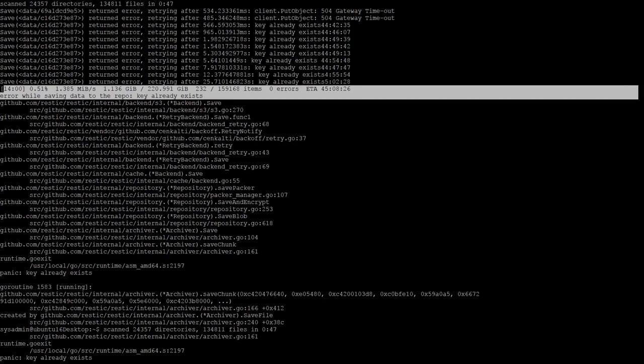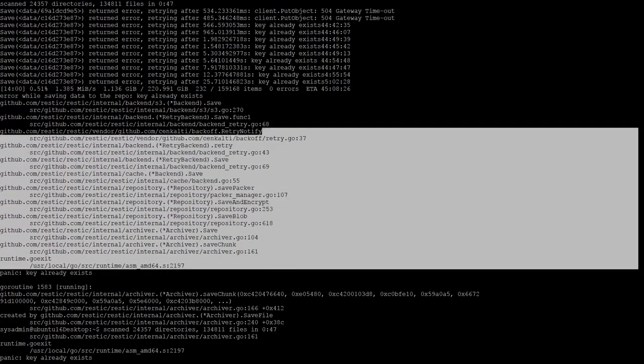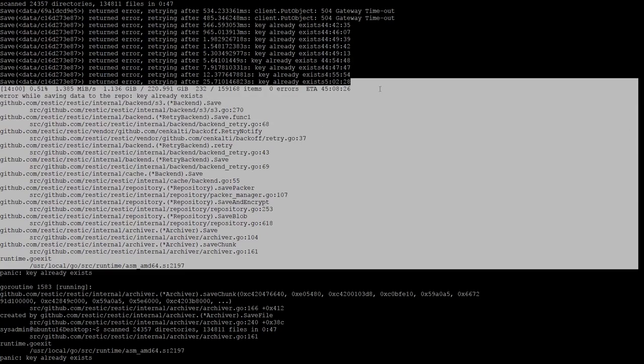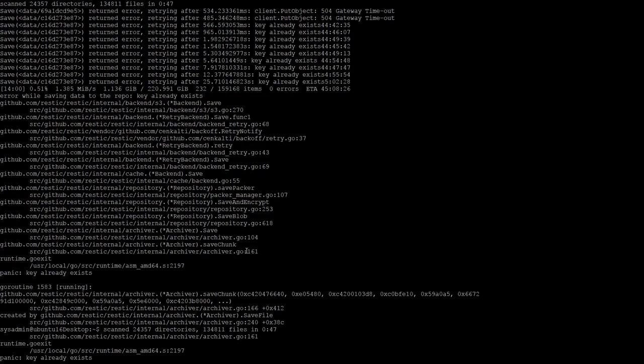So I actually posted on the Restic forum that this was happening, and the developer said that someone else has been experiencing some issues with DigitalOcean, and he thinks it might possibly be a rate limiting error. Just to quote him here: there seems to be some kind of rate limiting in place, and when Restic retries a request, the server responds that the file on the server already exists. This is different behavior from other S3 implementations like Minio.